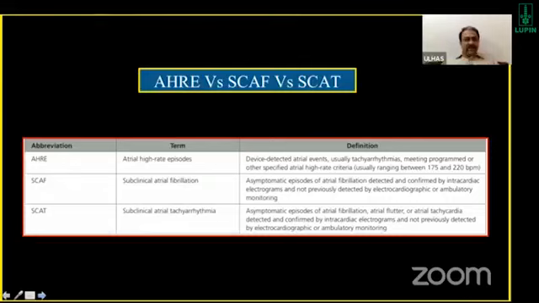There is another way of monitoring the AF episodes, and one of the terms used is subclinical atrial tachyarrhythmia. Among the three, this is the one which is easier. It would record any kind of atrial tachyarrhythmia, and it believes that if there is an atrial tachyarrhythmia, it is the precursor of atrial fibrillation. So we have limitations in detecting the so-called subclinical atrial fibrillation or silent episodes of atrial fibrillation during monitoring, and hence calculation of the burden becomes difficult.